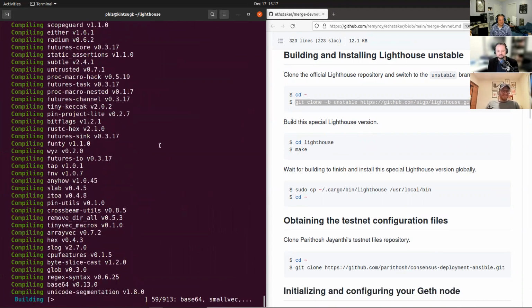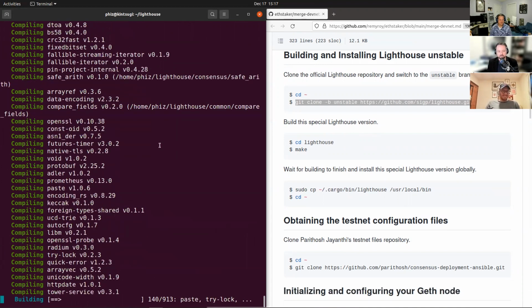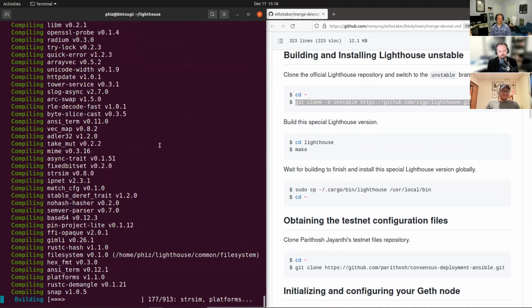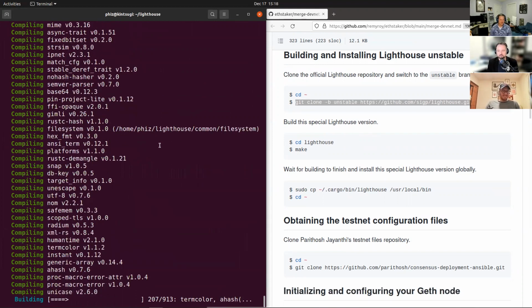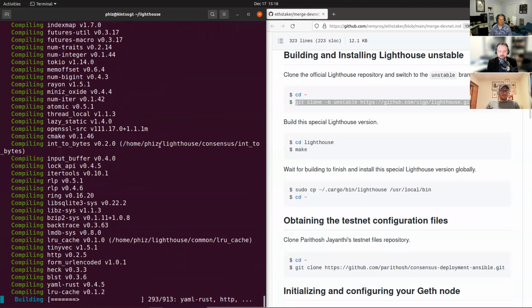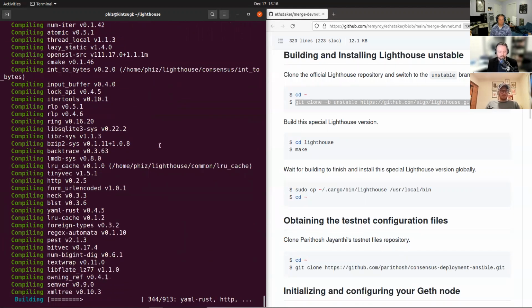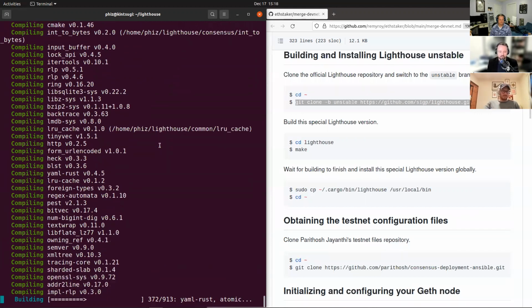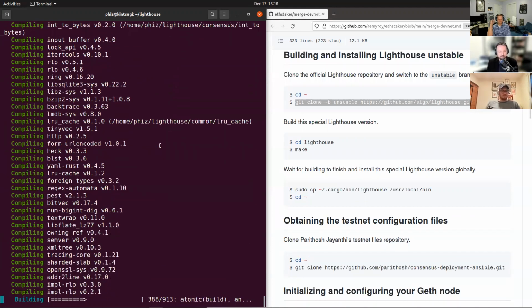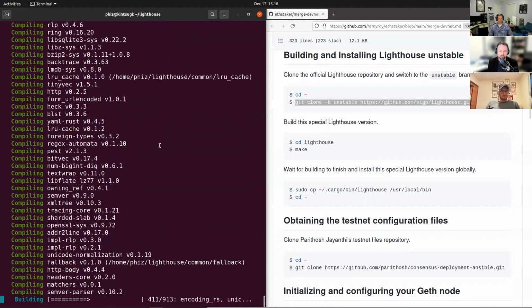All right. So Lighthouse is written in the language Rust, and so compiling Lighthouse looks a little bit different than compiling Geth. Geth, of course, is written in Go. It does, and it might take a little while. It can take a few minutes to actually compile Lighthouse. So depending on how fast your machine is, we might have to wait a little. But while we wait, we might want to talk about the